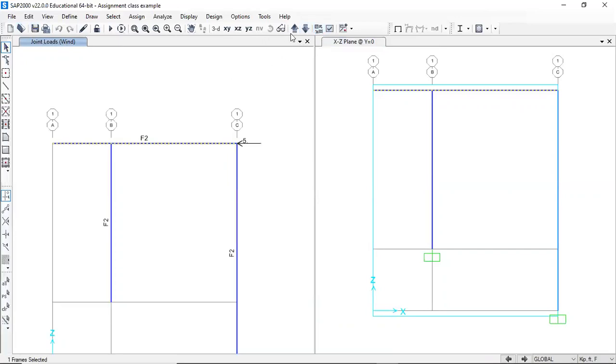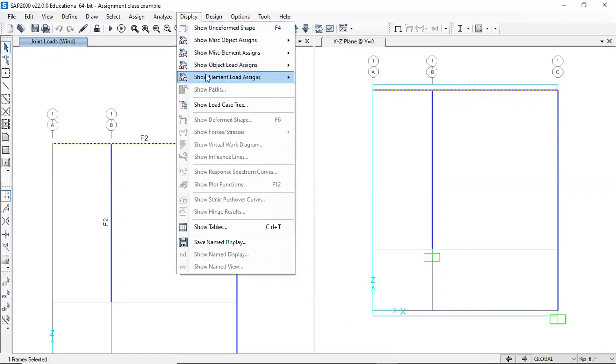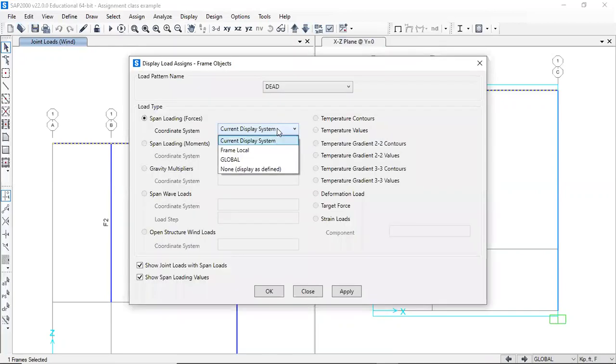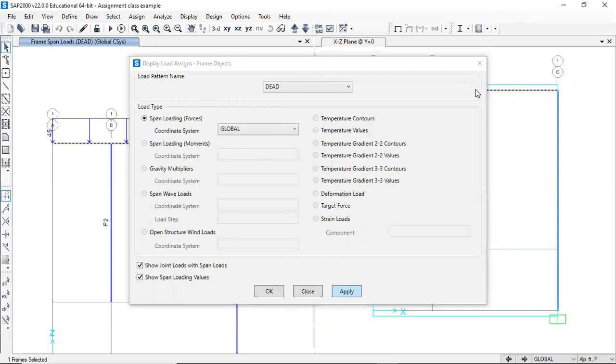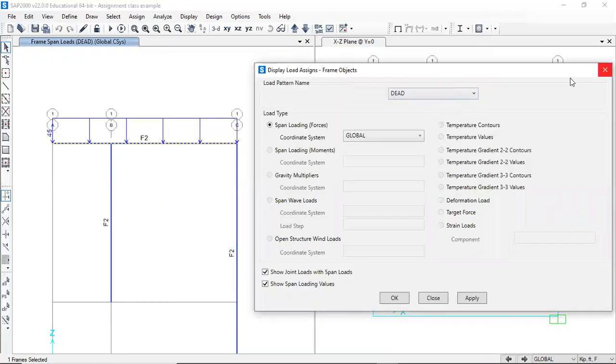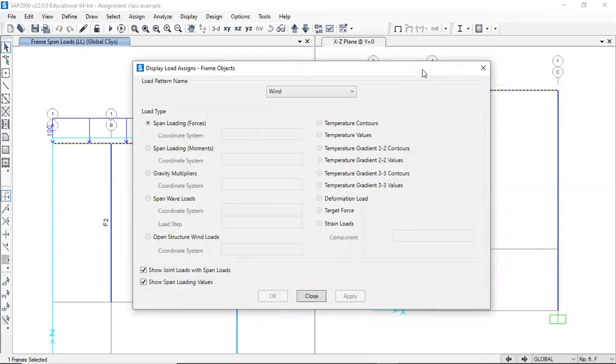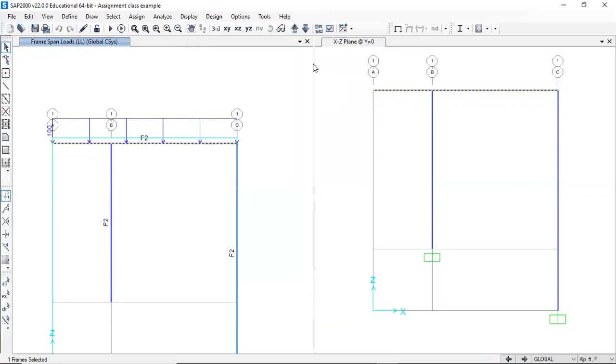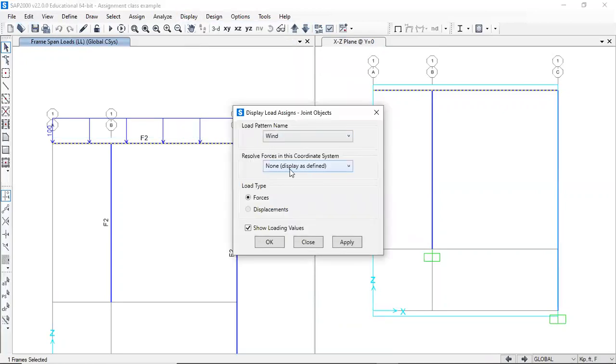Okay, now to display all the loads on the table, you can go to object, load on the frames, do global, apply. Well, this is only showing the dead. This is a good check: dead load, live load, and then you have the wind. It's a joint force, so you gotta go to display, object, joint, show the wind, hit apply, and there's the